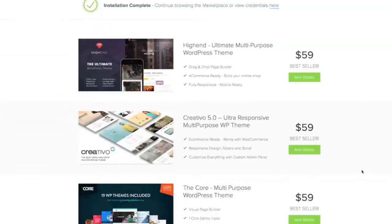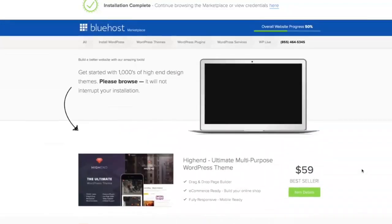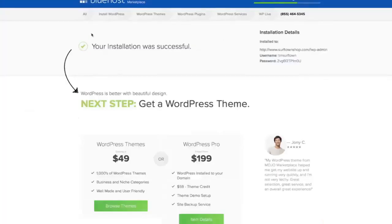And down here we've got a marketplace with a bunch of different themes, but I already have a great recommendation for a theme that we're going to install later on in this series. So we're going to go up here where it says installation complete, and we're going to click here to view our credentials. And we've got this message here that says your installation was successful,